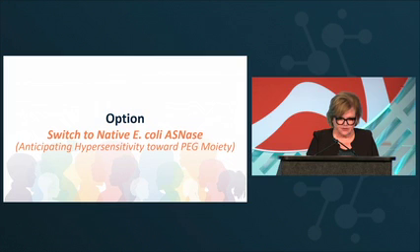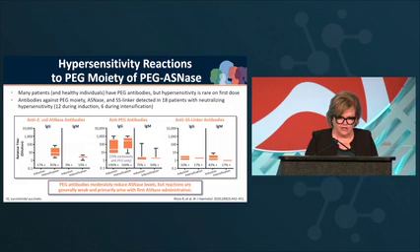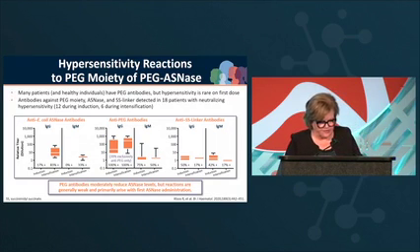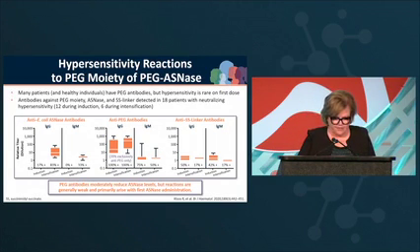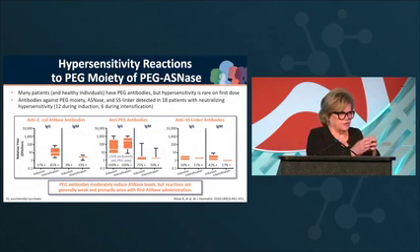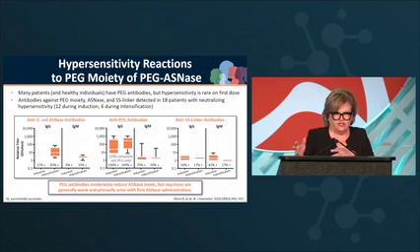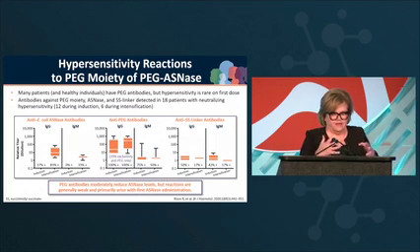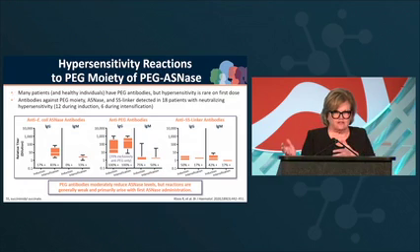So the second option, switch to native E. coli asparaginase. And so here we can look at the sensitivity reactions to the PEGs. Here we've got the anti-E. coli asparaginase antibodies. You've got your IgG and your IgM. I always tell my students a great way to discern between IgG and IgM. Remember that the IgG is showing us a past exposure, and the IgM is showing us an immediate